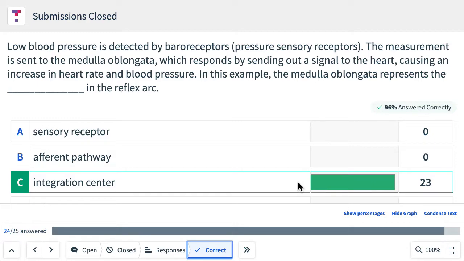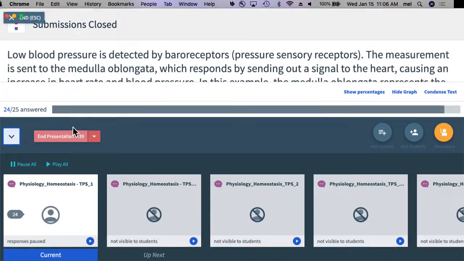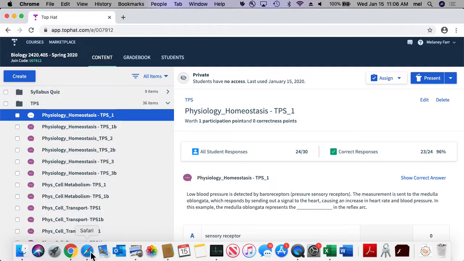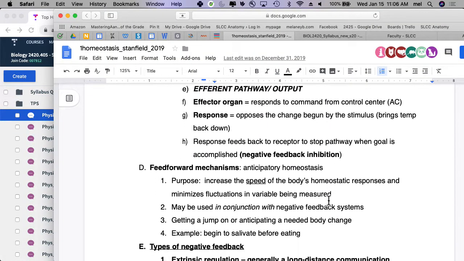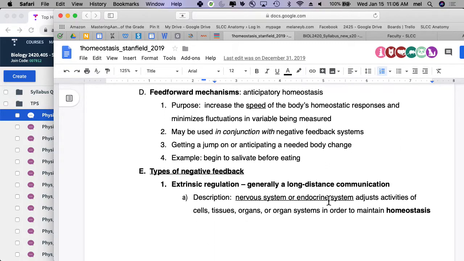Okay, so this is a large part of what we're going to be doing in phys. Basically, here's a concept. Here's the application to the human body. I want you to critically think about the application to the human body and try to put it together. In the future, we'll start to break things and see if you can figure out what would happen, right? Like, in any example, what would happen. So, all right. So next, what we are going to do is talk a little bit about some things that